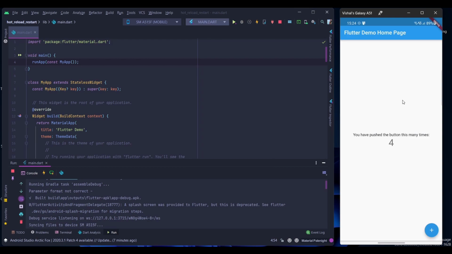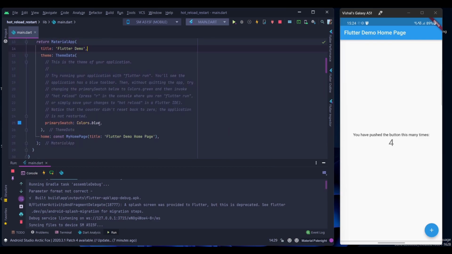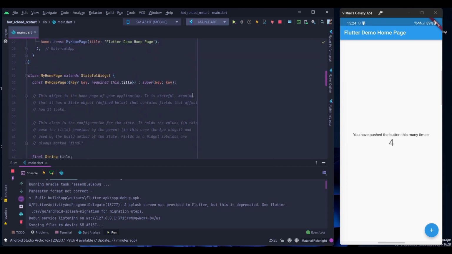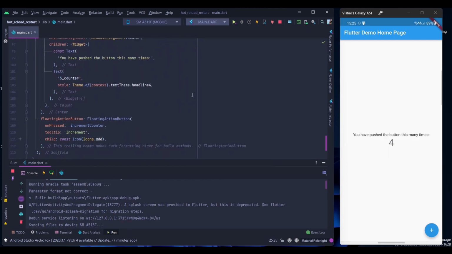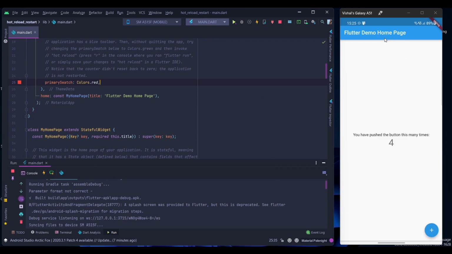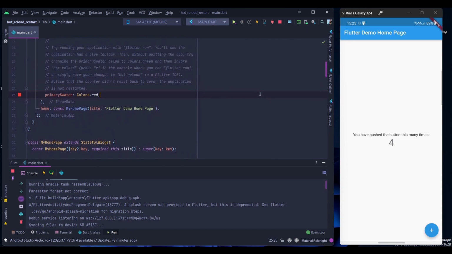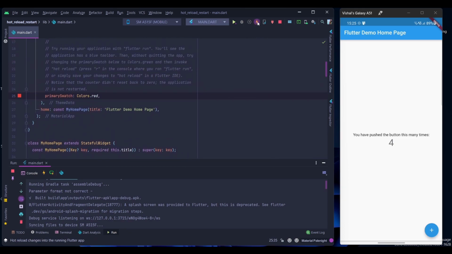Now let's try to change the blue color to something like red. For that, I will come back to my code. I will switch the primary swatch to Colors.red, and that will change the color of the app bar and the floating action button to red, and the rest is just fine. Now let's click the hot reload button,